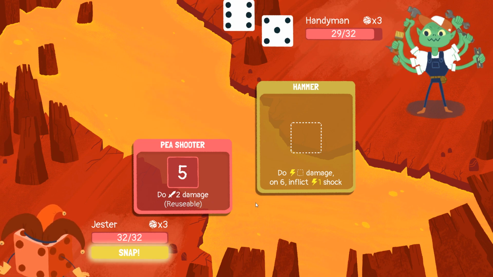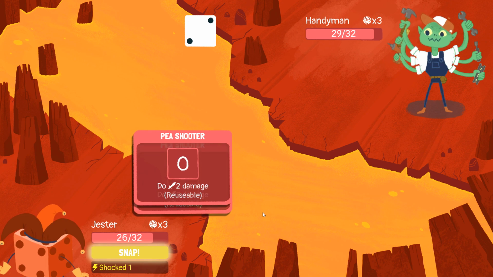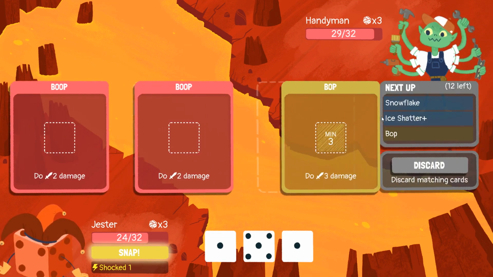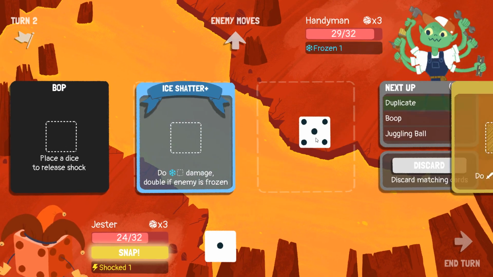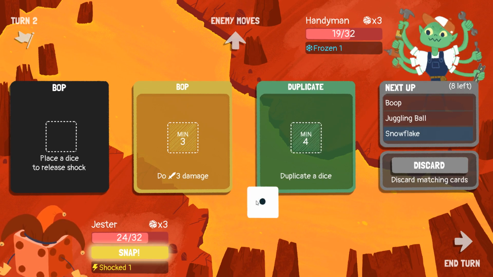Does it play like a deck? Does it play like a deck, I wonder? So am I going to get Ice Shatter next? It does play like a deck. It plays exactly like a deck. So we're going to get rid of our boops. We're going to freeze. We're going to do 10. We're gonna...